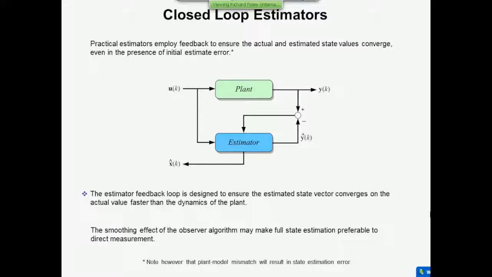Now, as I said before, this would be called a full state estimator because it produces for us all of the elements in the state vector. We can simplify the algorithm somewhat if some of the states also appear at y, and the way we do that is through a reduced order estimator. But if that's the case, there are times when it's still preferable to produce the full state vector, even though some of them are measured. And the reason is the noise that is present in measured variables. You've got sensor noise, electrical disturbance, all sorts of things that come in there. So even when you can, some people still choose to use a full state estimator, even though some of the states are measurable.